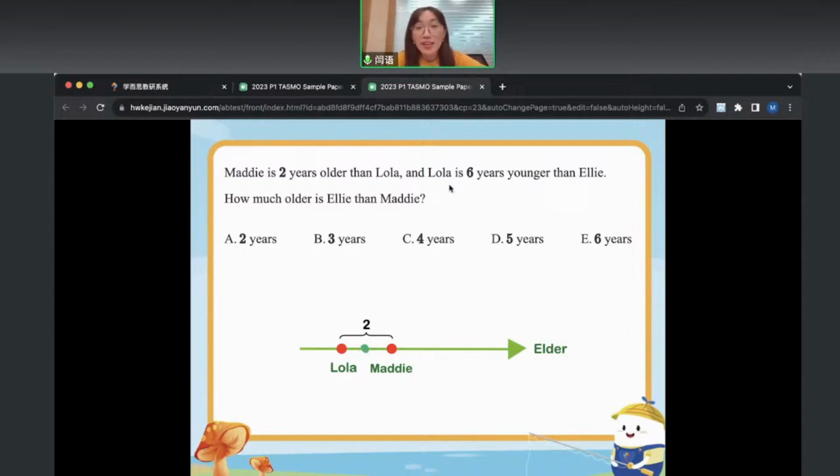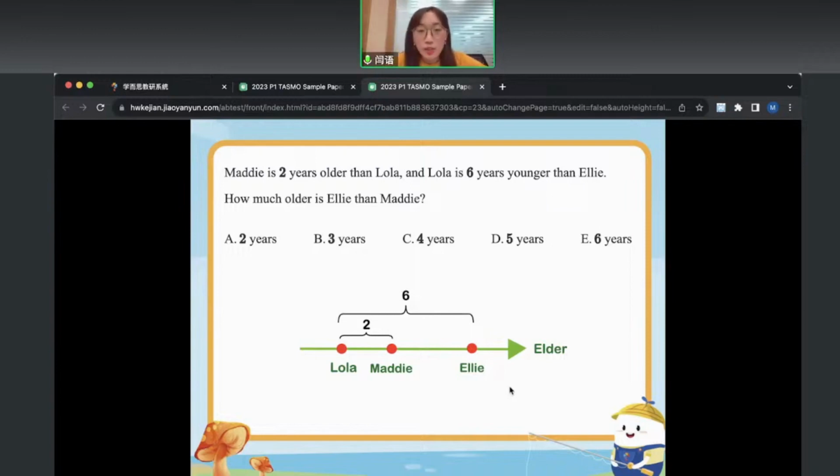Because here you see it is 6 years, right? 6 is much bigger than 2. So here, let's have a look. Where can we show 6? 因为我们看到 Lola 和 Maddie 之间的这个 gap，它只有2岁。但是呢，我们知道 Lola 和 Ellie 之间的这个年龄差应该是6岁，所以我们要怎么画？我们要画在外面，OK，更远一点。